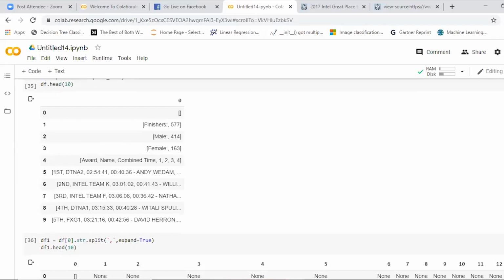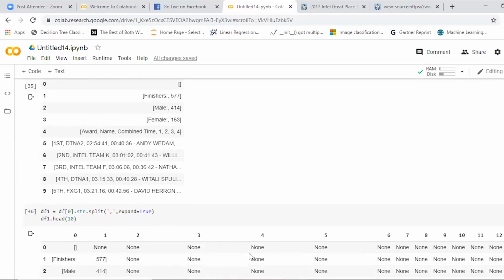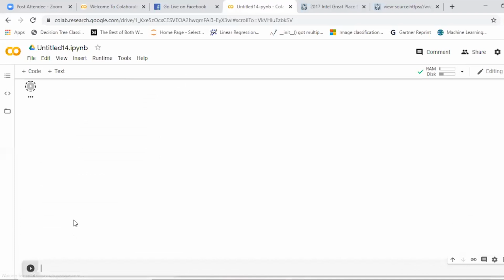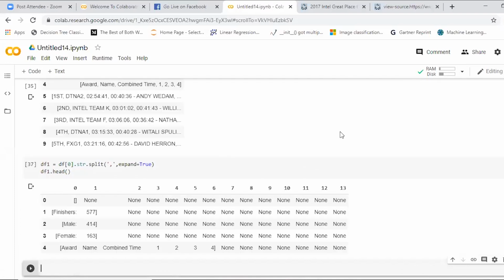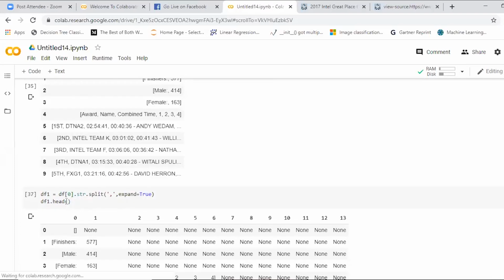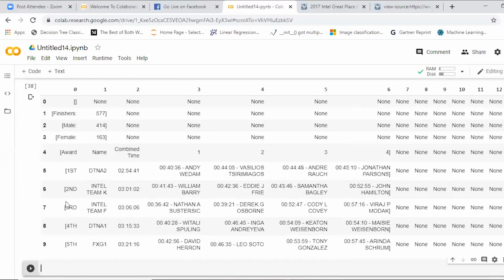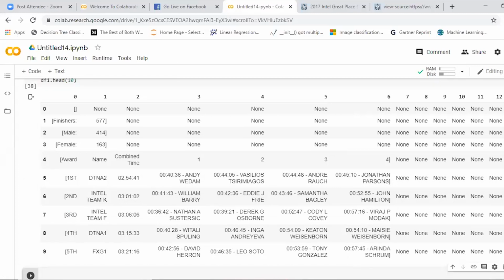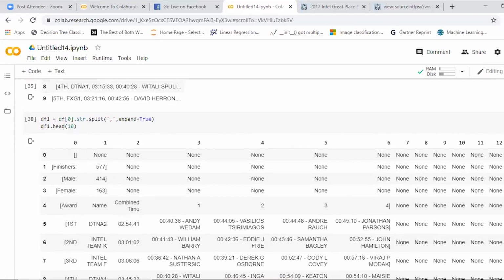Did you get this thing? With 1:10 you get rows starting from 1 to 10, but in head you either give 10, or if you don't give anything, it gives the first 5 rows. You can choose how many rows you want. For analysis purposes, I have given it directly. That is basically slicing. So you have got the multiple columns.